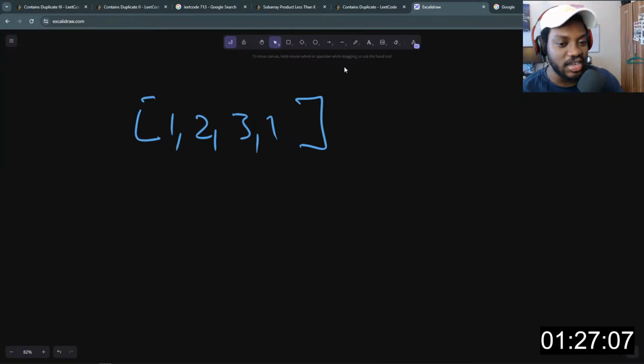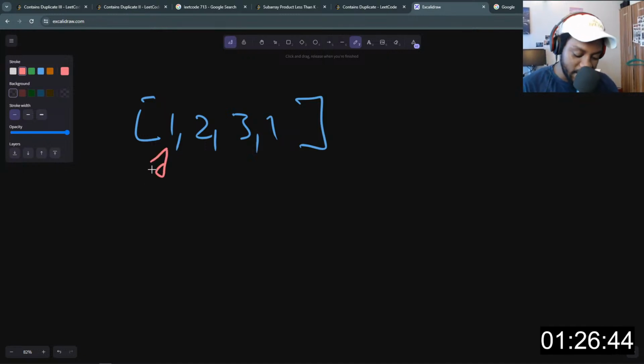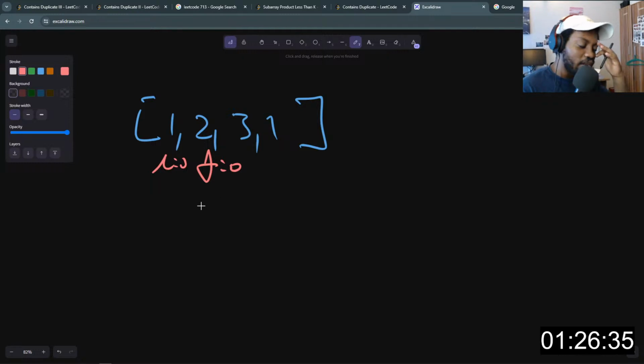now we want i and j, such that i and j have distinct values. Now i and j will be values of the index at which each integer in this nums array appears. So one could be at i equal to 0, and j could also be here, j equal to 0. This is totally fine, as long as they are not at the same position. So what do we do in this case?